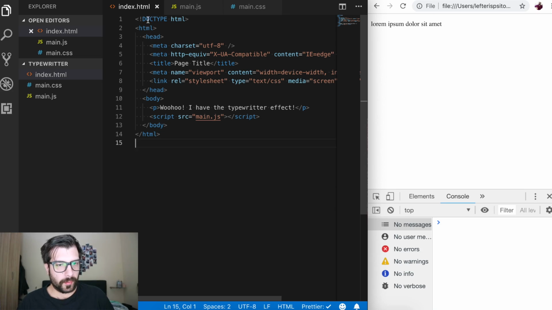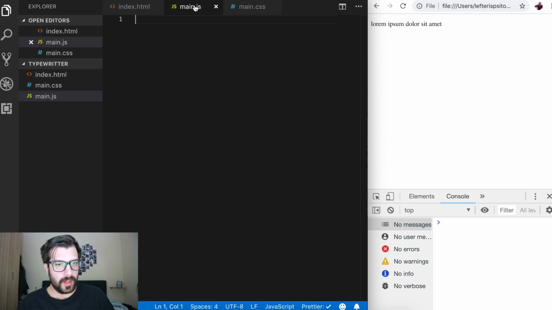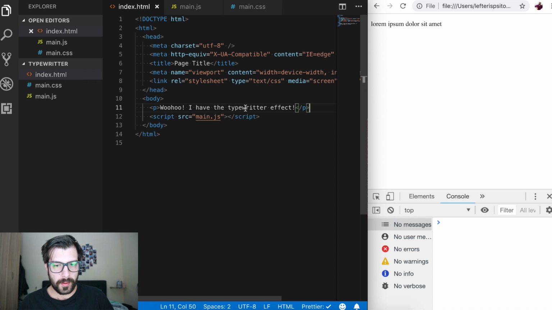So I have gone ahead and created a basic HTML template, and I created a p tag with some text in here, a main.js file and main CSS file that have nothing right now in them. So to create a typewriter effect, first I want to get rid of the text inside the p tag and put it inside an attribute